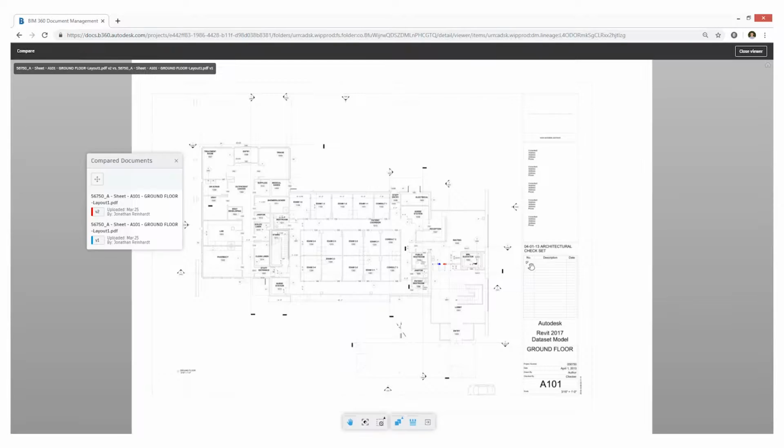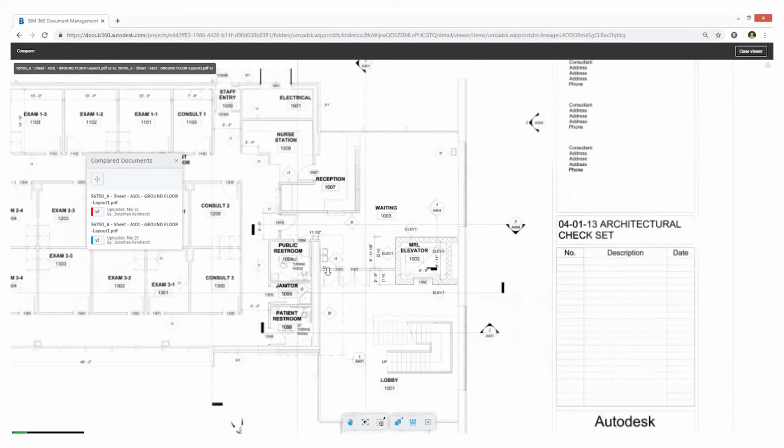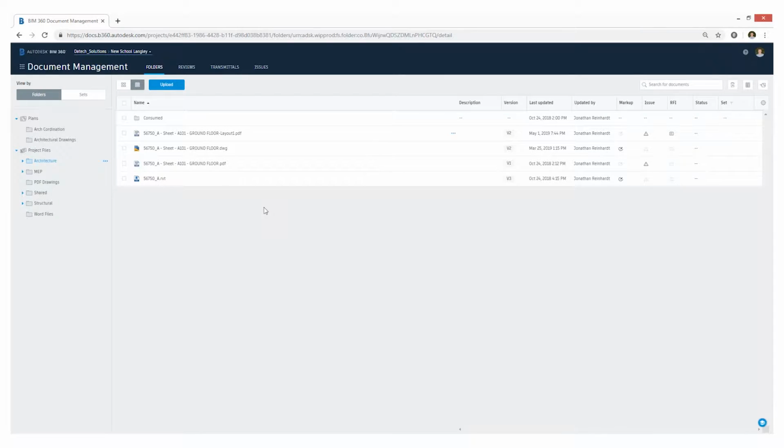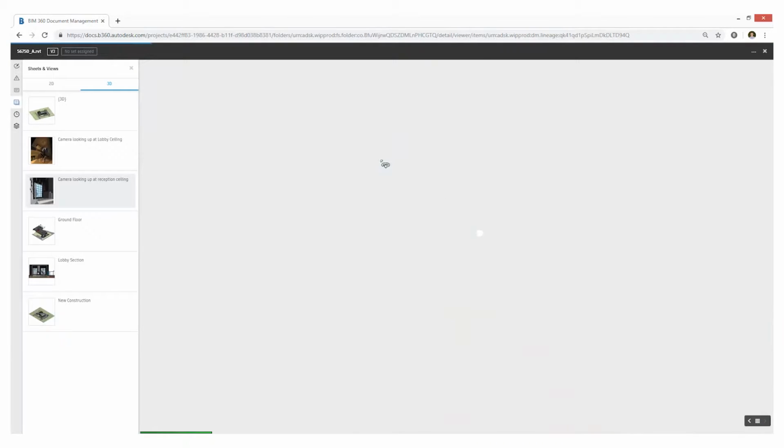If you open a PDF file and choose two different versions to compare, after a few seconds the drawing will open showing changes that have occurred in red and blue. If you choose to open a Revit file, it will appear in varying colours. It will take a few seconds to open once you choose to compare,